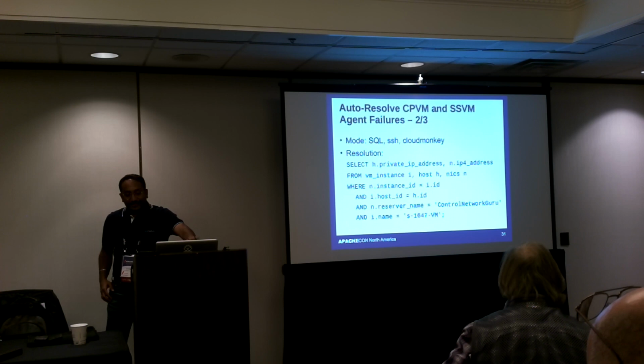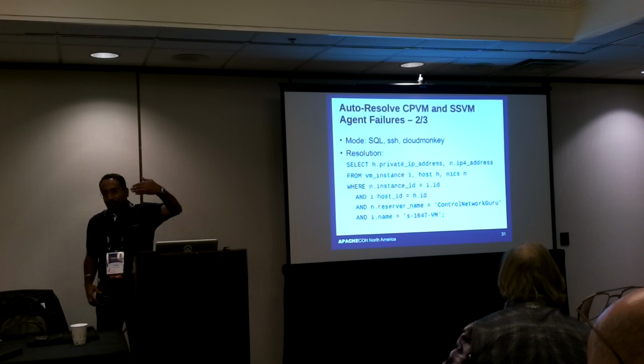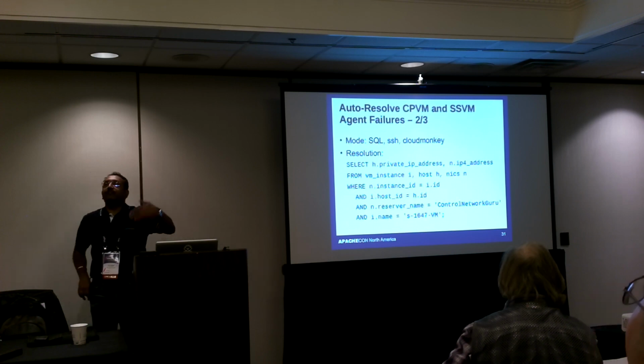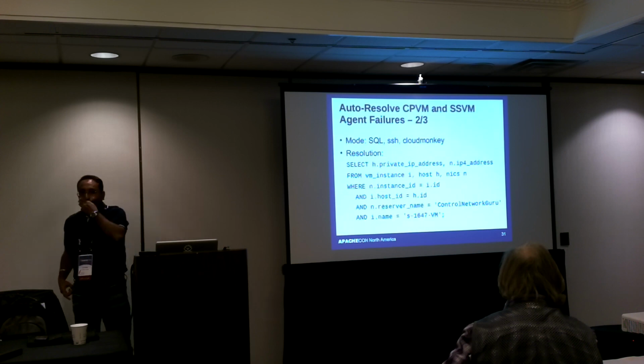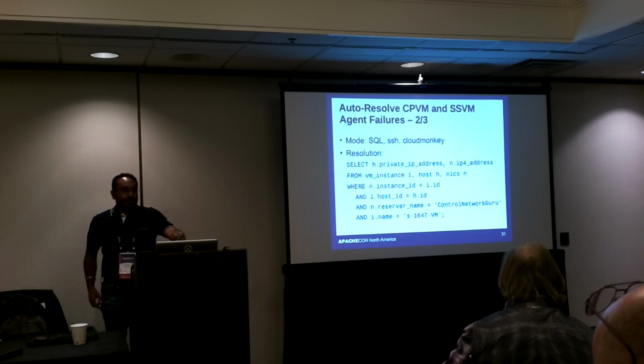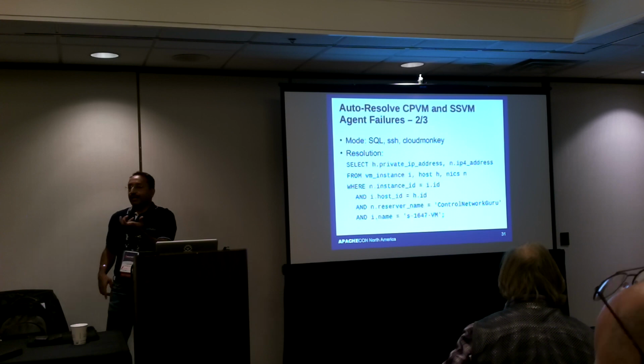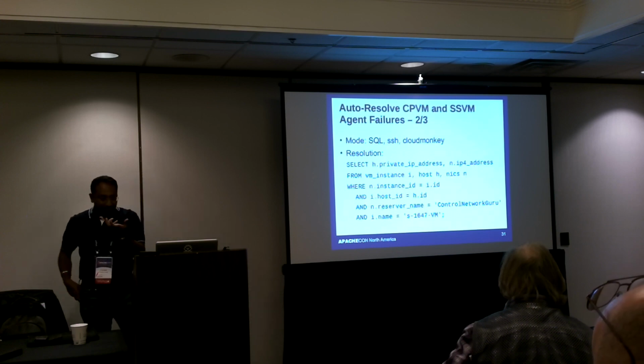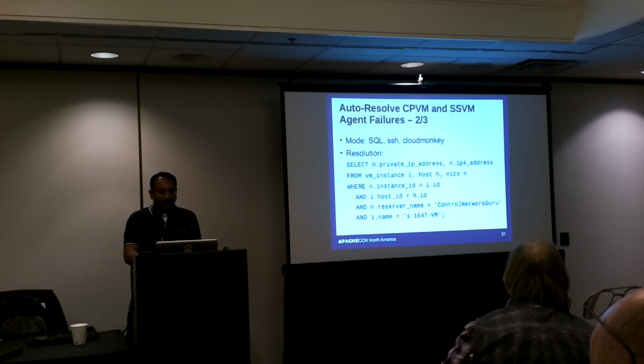Typically this is already there with us, because that is how we have added that SSVM into the monitoring state. But this is the query to get that data from the underlying DB. Once this is done,